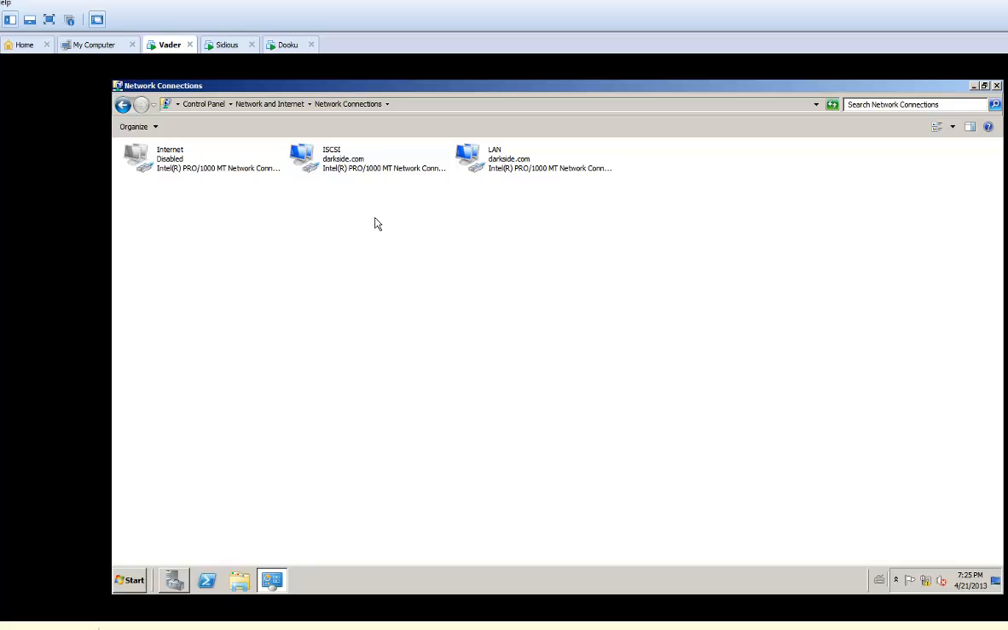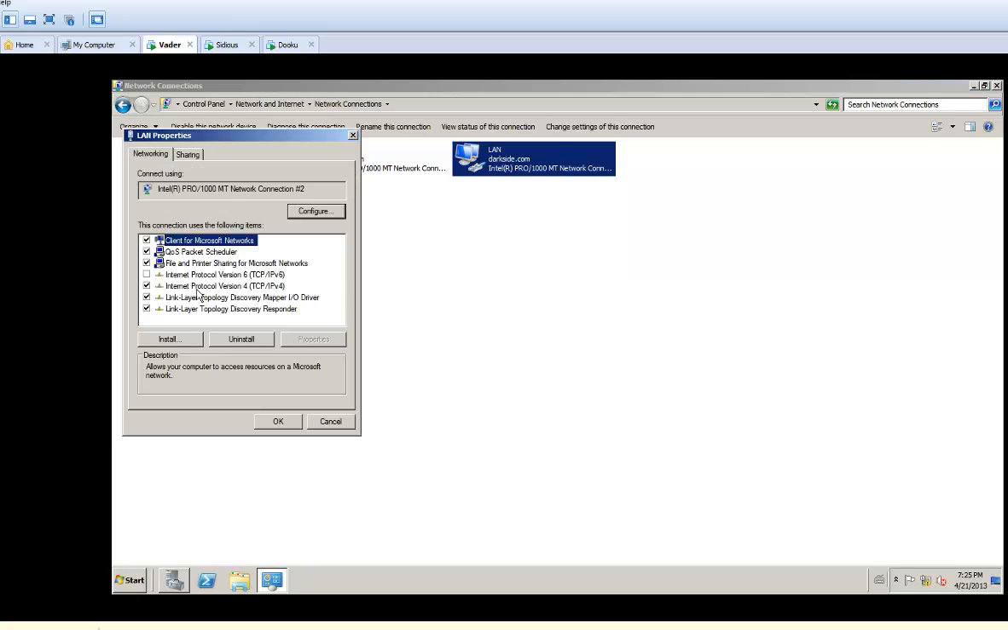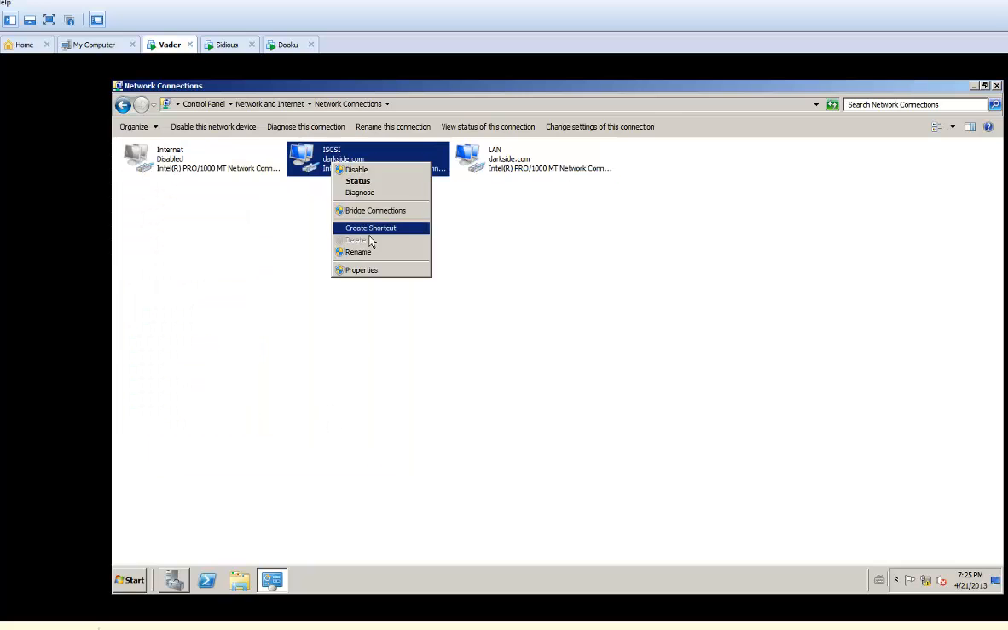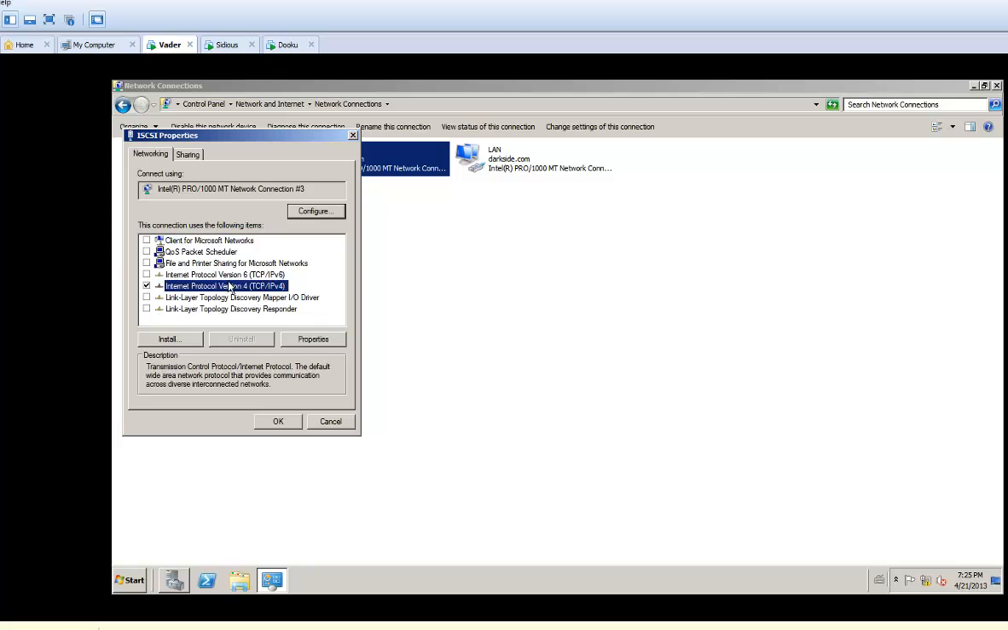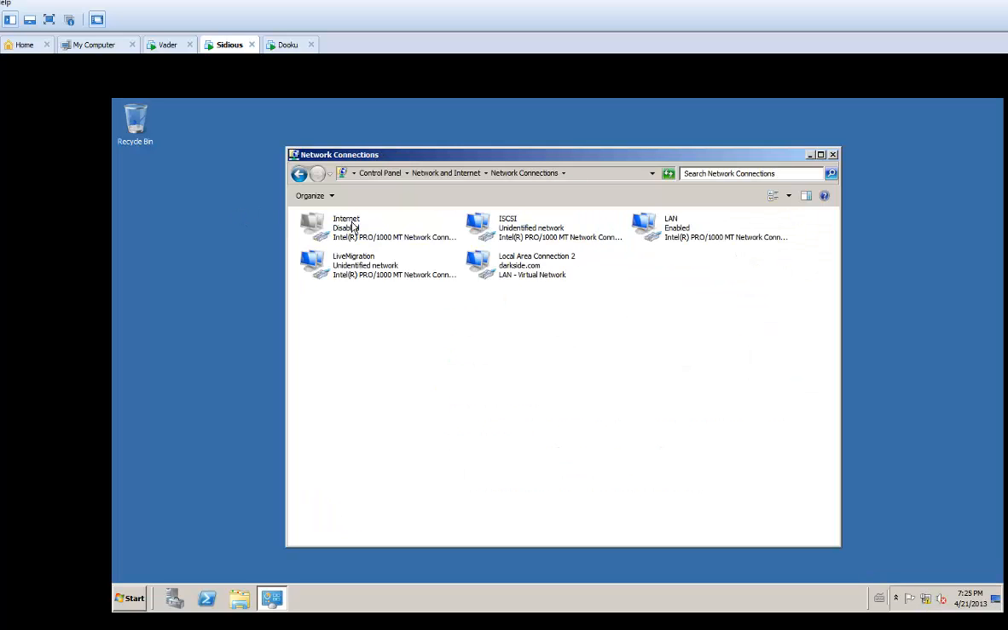For my domain controller, just SCSI and LAN, with the IP range 11 and for SCSI 12. The same for Sidious, just with one more network adapter for live migration. So I have LAN, SCSI, Internet, and live migration. This one is created by